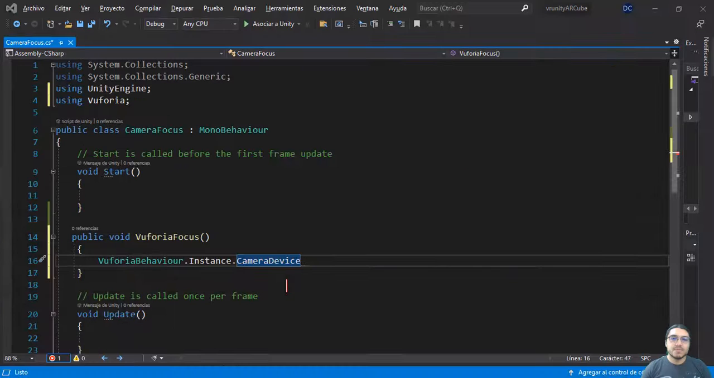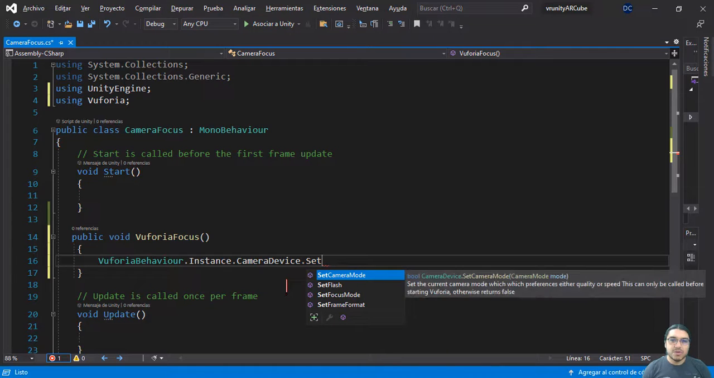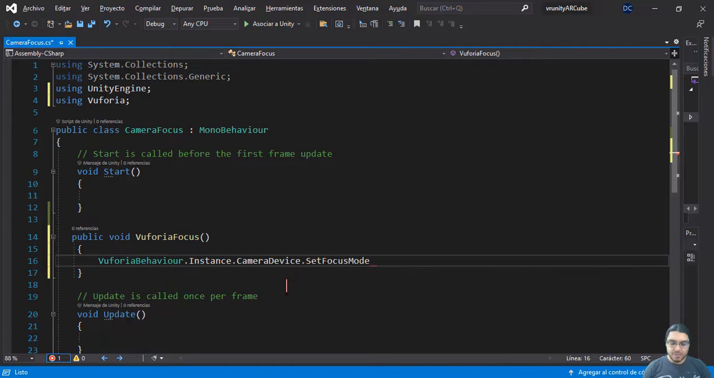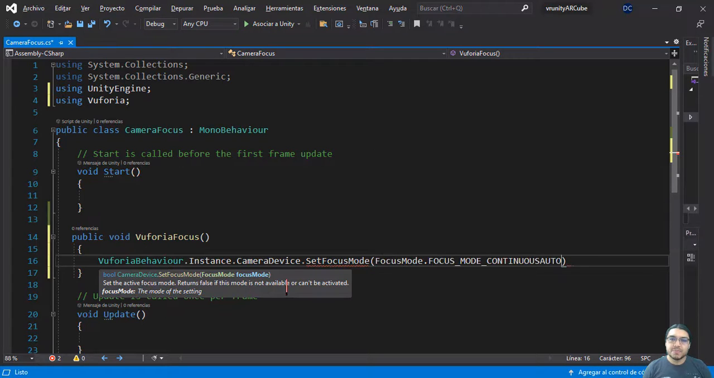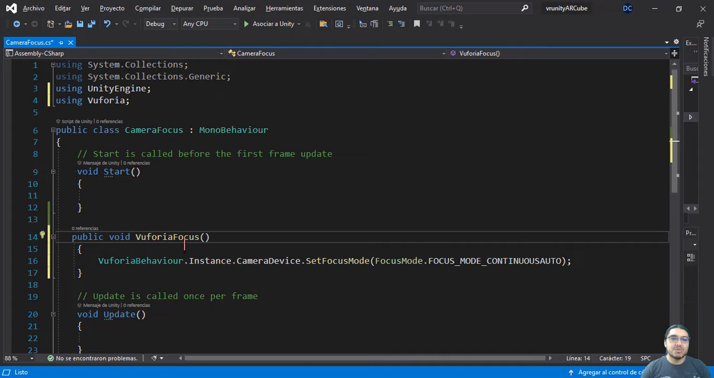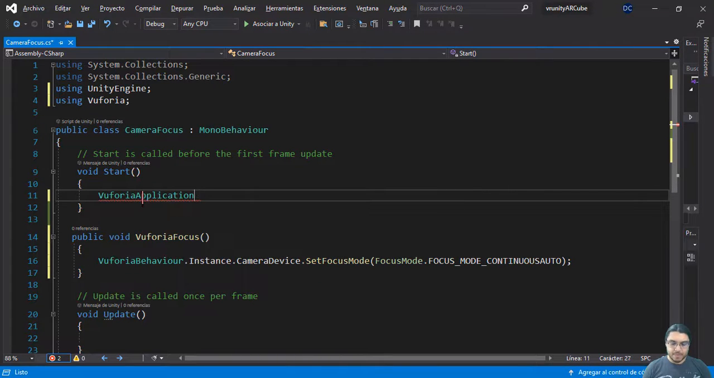camera device set focus mode, parenthesis, and we have the different modes here: normal, trigger, continuous. We need continuous. Let's use this in the void Start. Application, VuforiaApplication dot instance